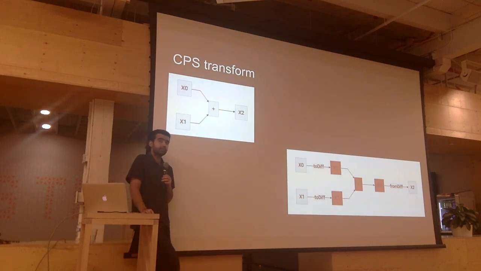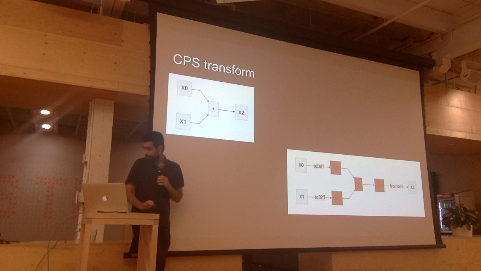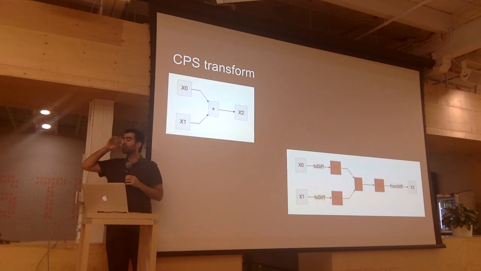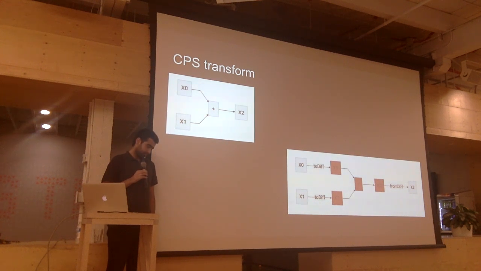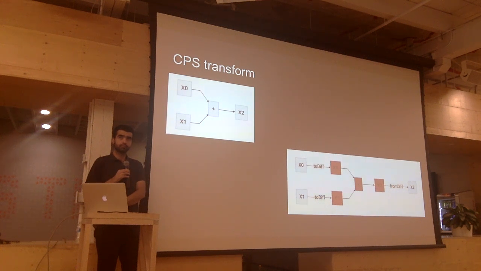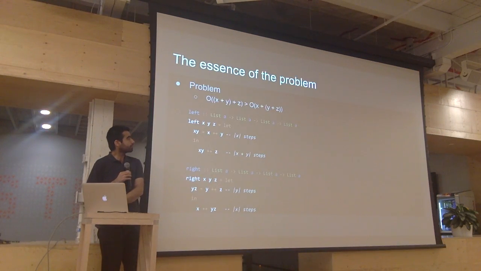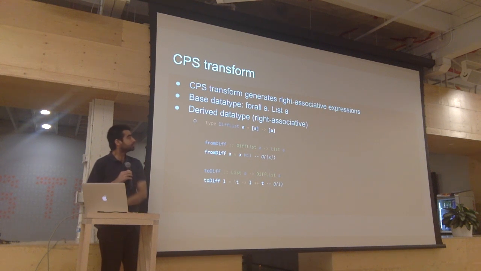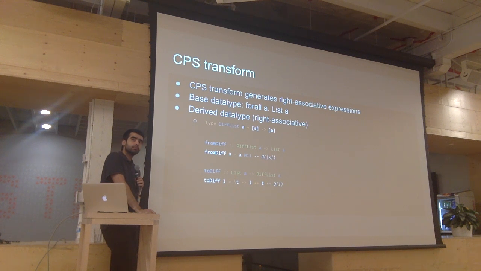So you mentioned that in the example that you gave, the plus prime operation is function composition? Yeah. Is the definition of diff list that you had in the example specific to the operation that you want to make on the lists? Oh, I see. The particular associative operation, because there's the plus plus within the to diff, right? So is this implementation of diff list specific to plus plus?